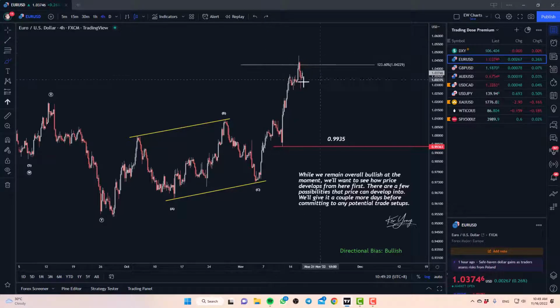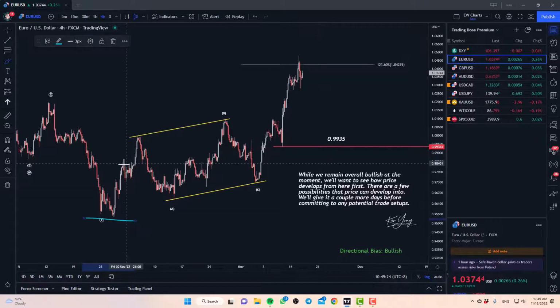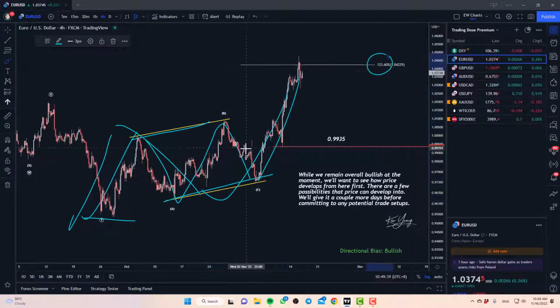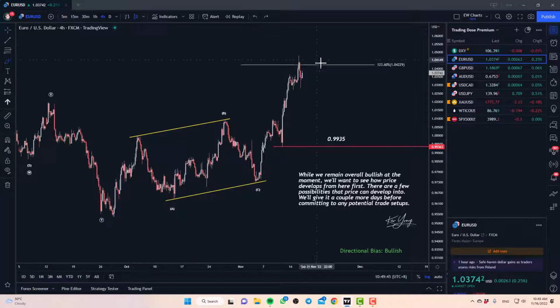At this moment, from this low we can see a clear 3 wave. Depending on how you count it, right now this is a potential 1, and over here a potential running flat, which internally has that 3, and from here we have another 1. So we have a bigger 1, 2, 3 coming around that 123.6. We are expecting some kind of reaction, and we have been seeing it since yesterday.